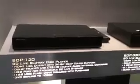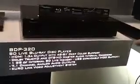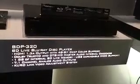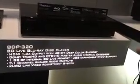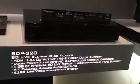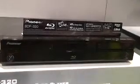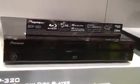And then we also have now our BDP 320. These are both Pioneer models, by the way, not Elite. And this is the same thing that the 120 has, but it also has 7.1 channel analog audio outputs built into it, as well as our Kuro Link, which is a video adjustment system when you're connected to a compatible Kuro display. And then we also have here in our Elite lineup 2 models, which is our BDP